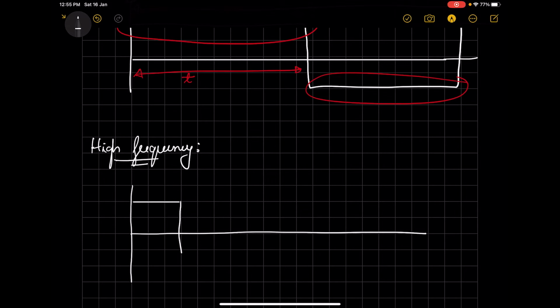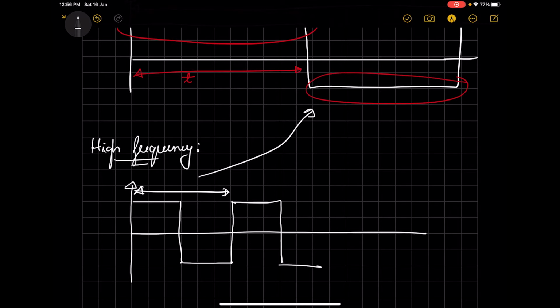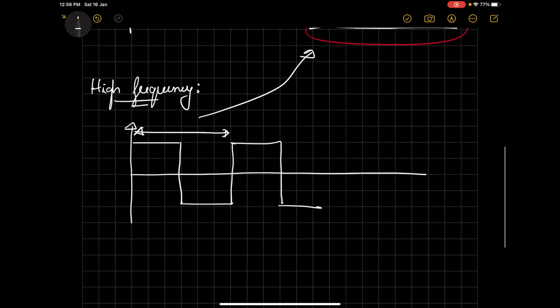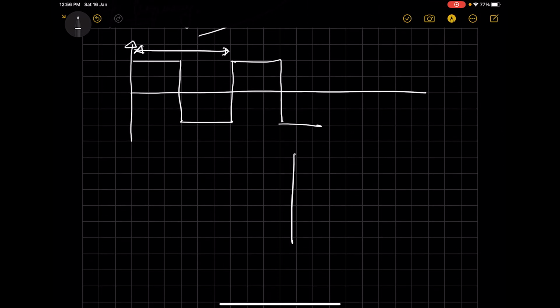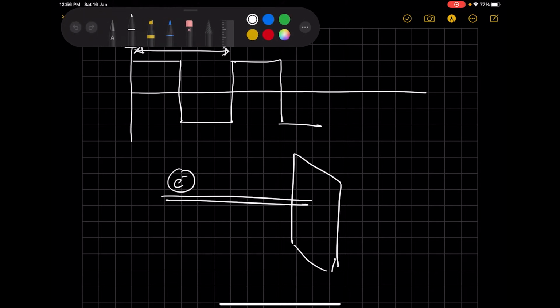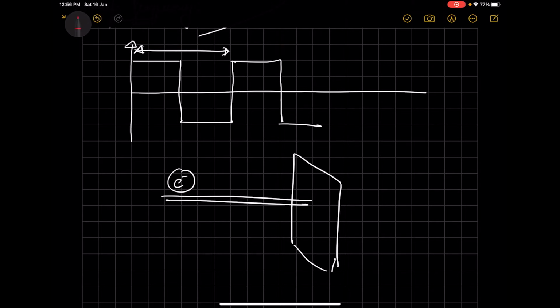So again we'll take a square wave, but this time we'll take a high frequency signal. How do you know it's high frequency? The time period is very less compared to the previous signal that we took. And let's see what happens. Again consider the face of the capacitor, and we have a wire and we have the electrons. Now electrons for this period of time, they try to move in this direction and sit on the plate, same as the previous case, but the important thing is that they move for a shorter amount of time